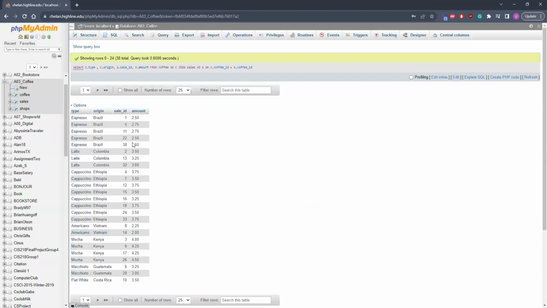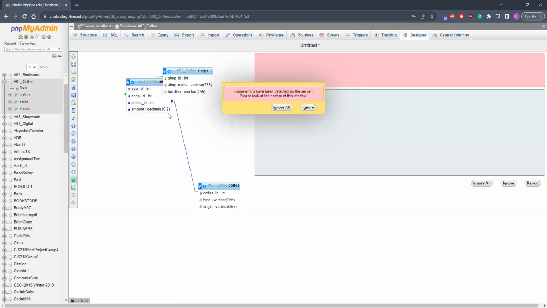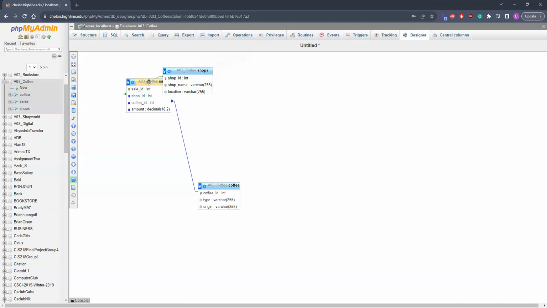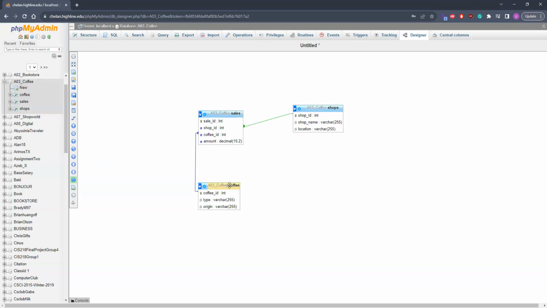So all the data is displayed here wherever coffee ID equals the coffee ID. All right. So go back here, and yeah, every time you come back here, things shift around. So let's say now you have coffee, sales, and shops, right? So now let's say you want to display something from coffee